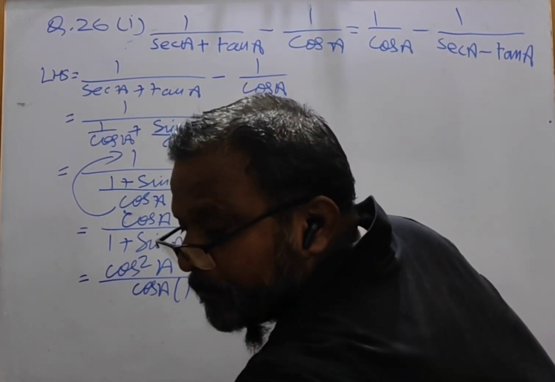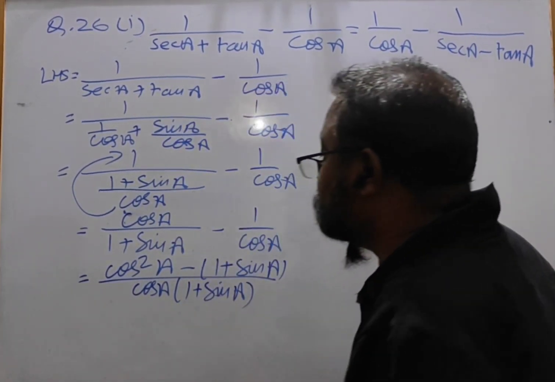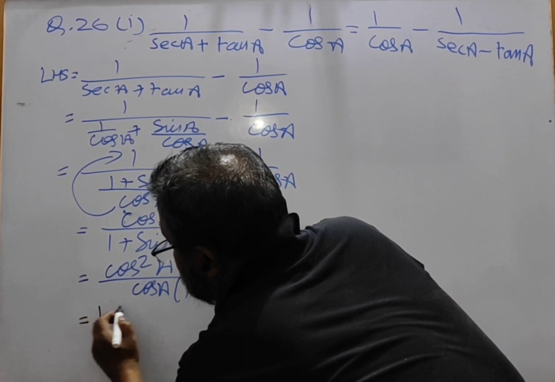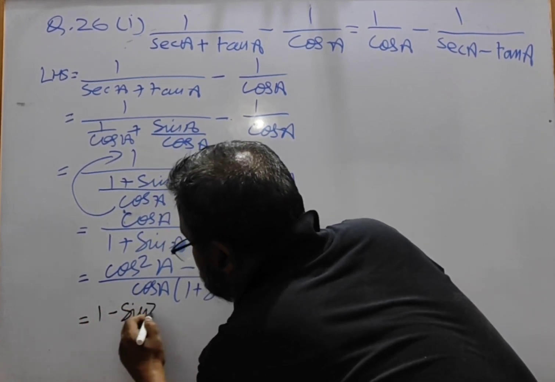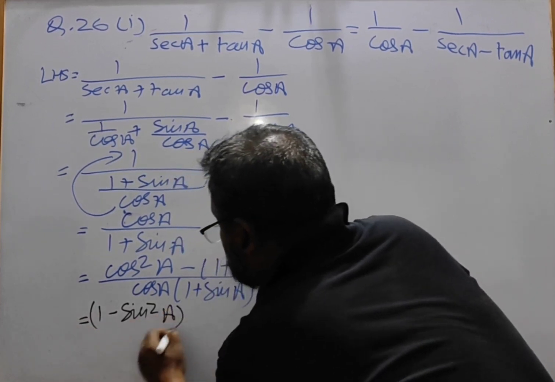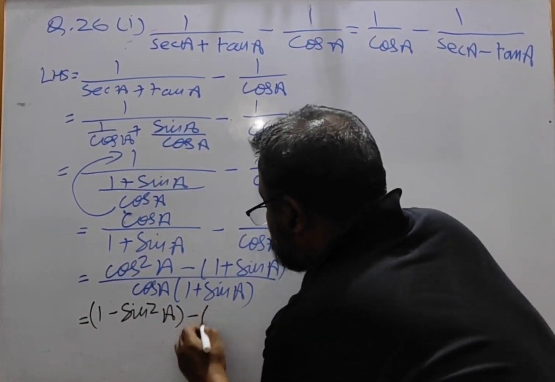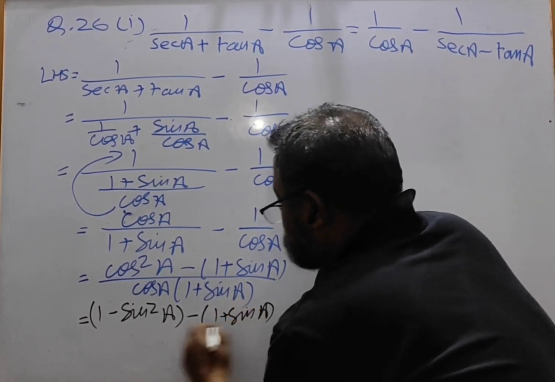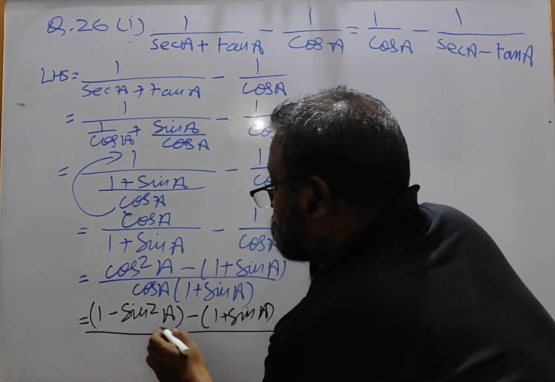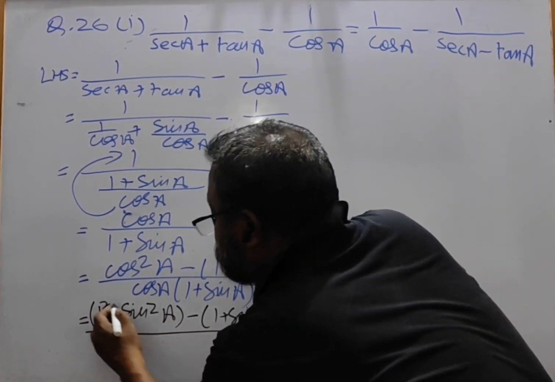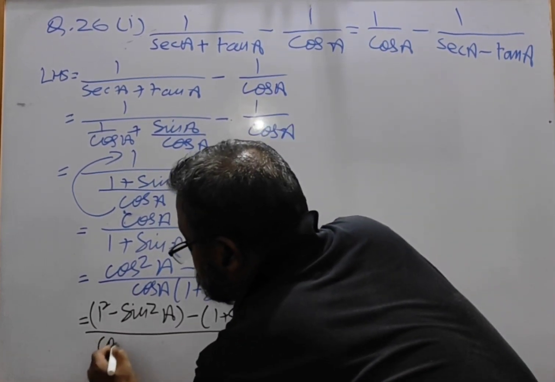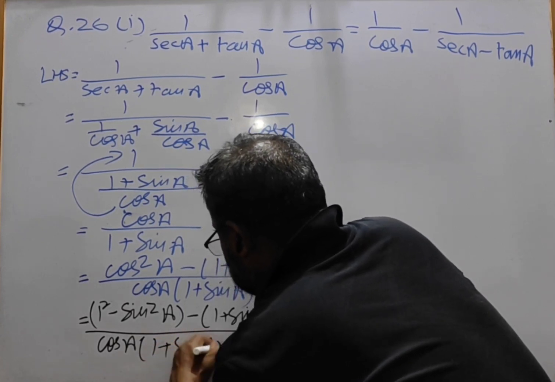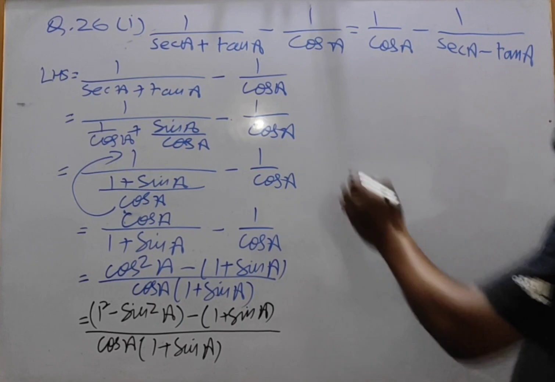Cos square A is 1 minus sin square A, minus 1 plus sin A upon cos A bracket 1 plus sin A. Now we will do